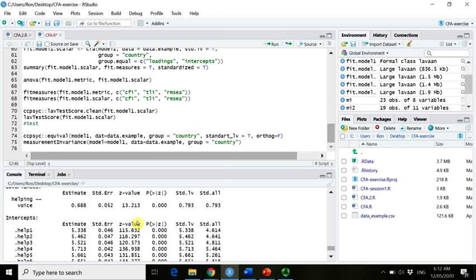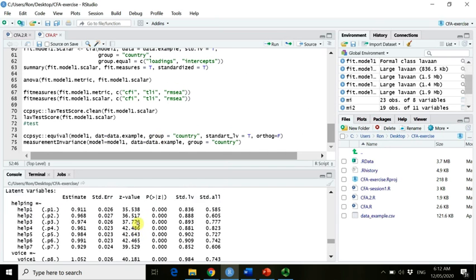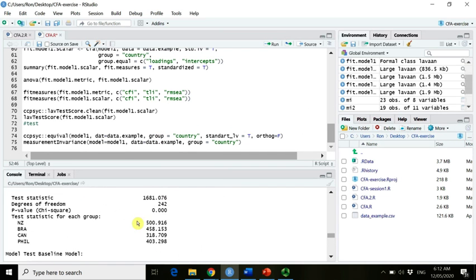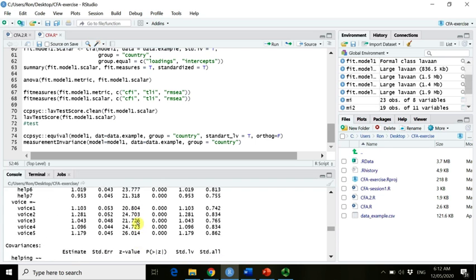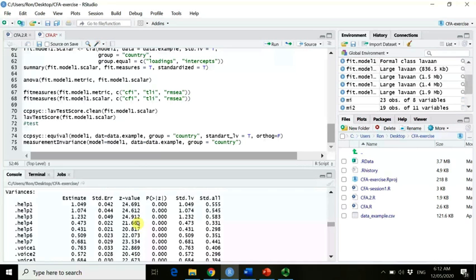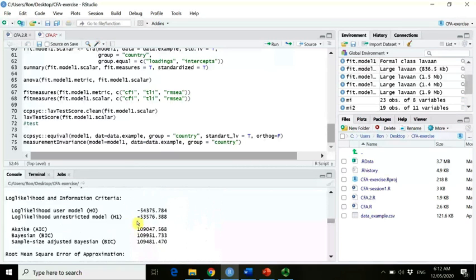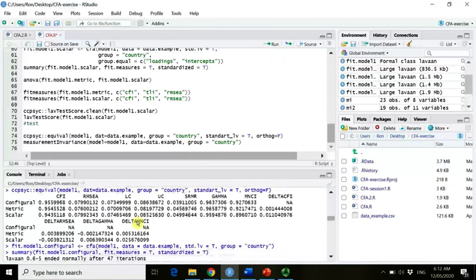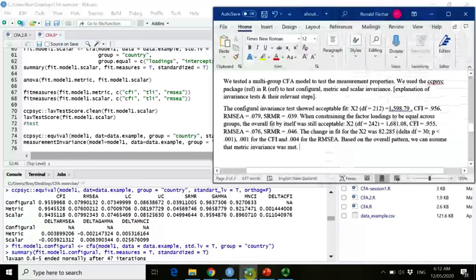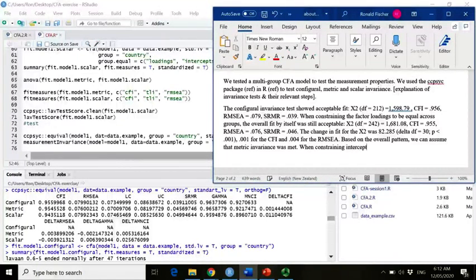So if we go back up to our output here, just bear with me, we're getting there. Voila, there we are. So when constraining intercepts to be equal across groups,